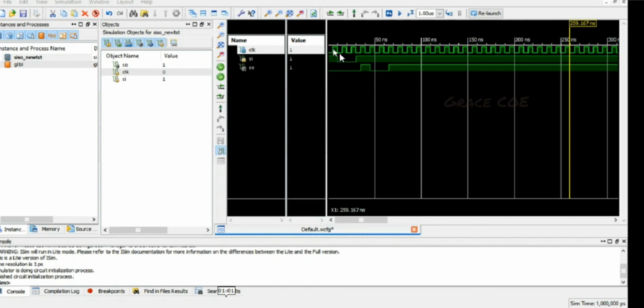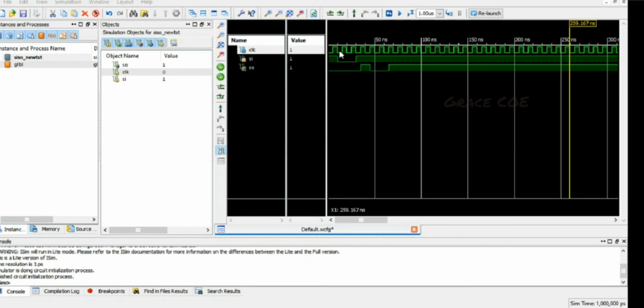Here you can see for each clock pulse, during the first clock pulse, the input is given as 1. During the first clock pulse, SI value is 1 because in the test fixture we have initialized SI value as 1001.